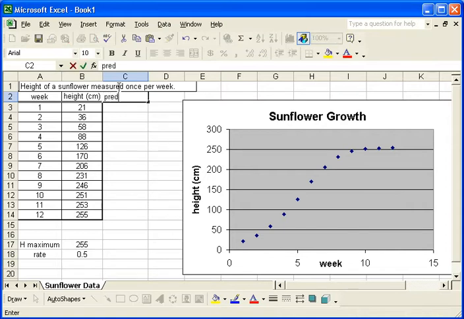Now let's create a predicted height column. This is a recursive definition, so the first height let's put in simply as 21 to match the actual. Now this is the only part where we have to concentrate. This is the recursive part of the definition. It's going to be the cell above it